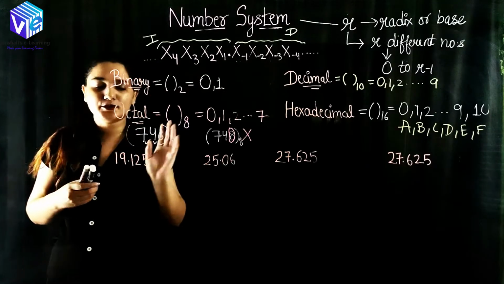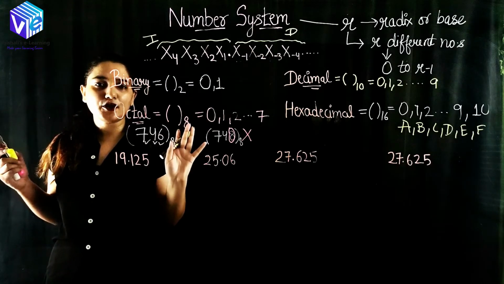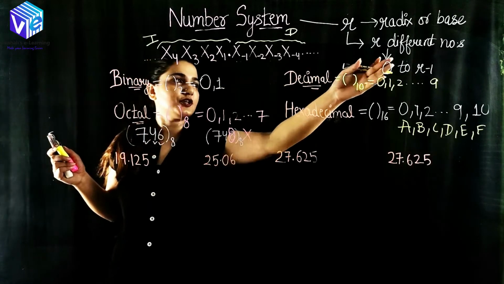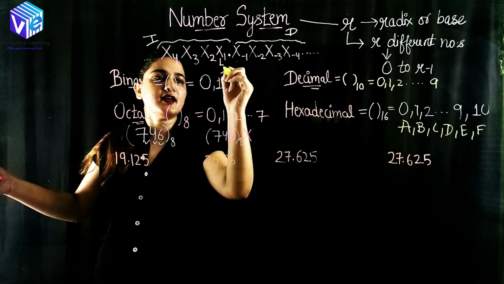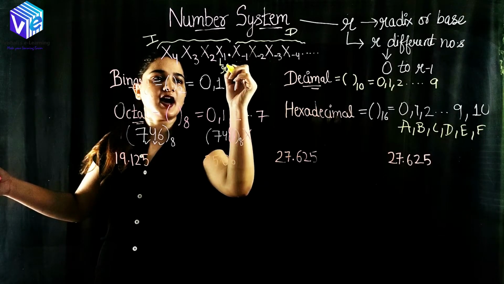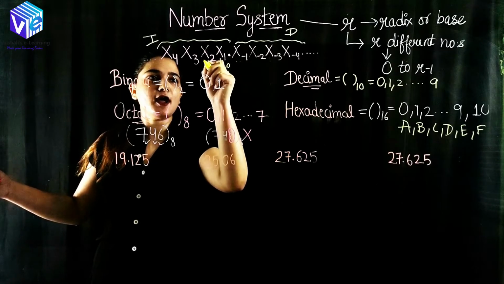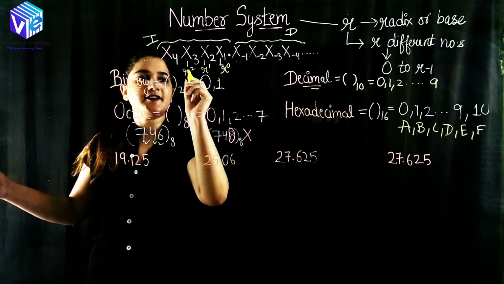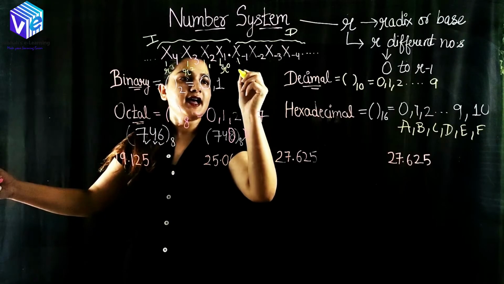Now all of the numbers we are having, we can represent them with integer and decimal parts. I already told you. Now how can we represent it in relation to r? So this is my integer number. Here this is my first digit. I can represent this as x1 multiplied with r raised to power 0. So this is the first representation. Now x2 is multiplied with r raised to power 1, x3 is multiplied with r raised to power 2, x4 is multiplied with r cube, and so on.